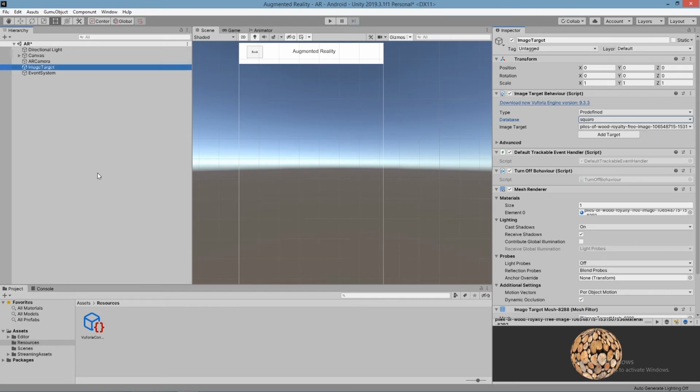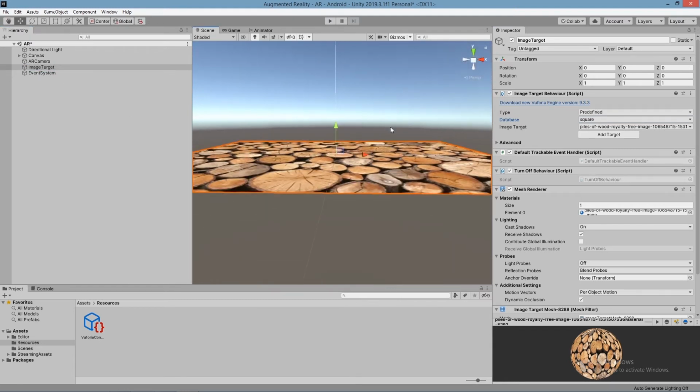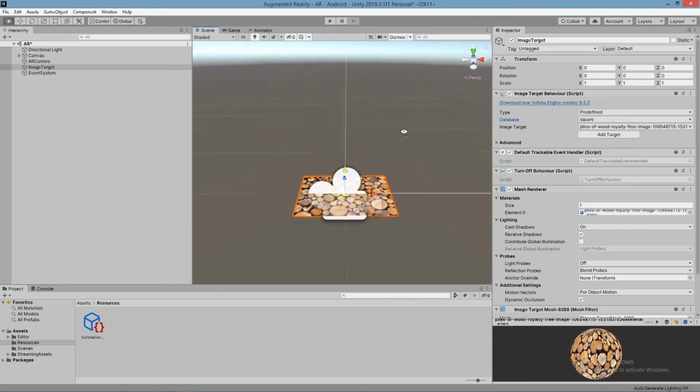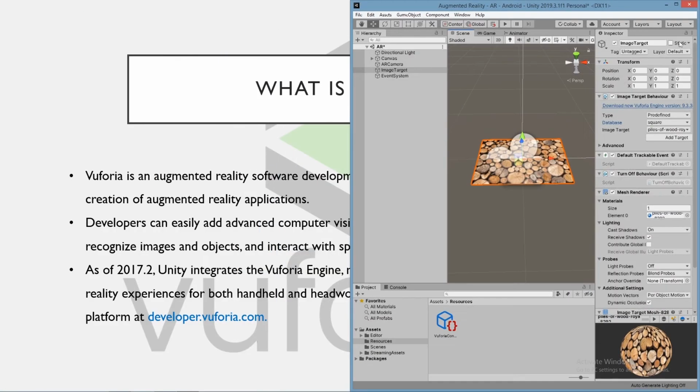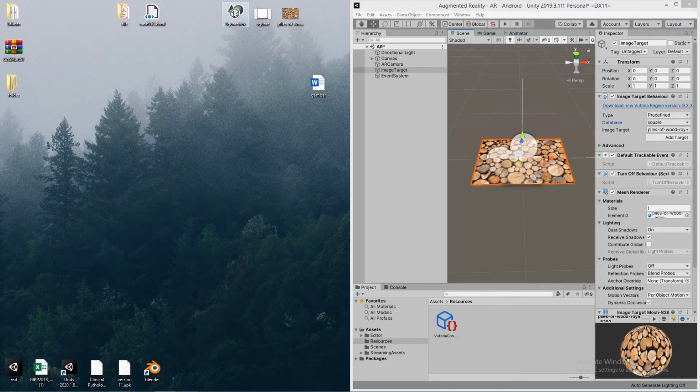And when we click on the image target, it will change to the wood that I uploaded to Vuforia. After this, the 3D object: when we scan the marker, it will pop up the 3D. So I will transfer the 3D to the